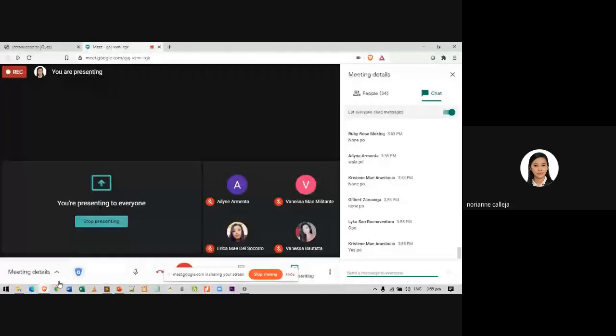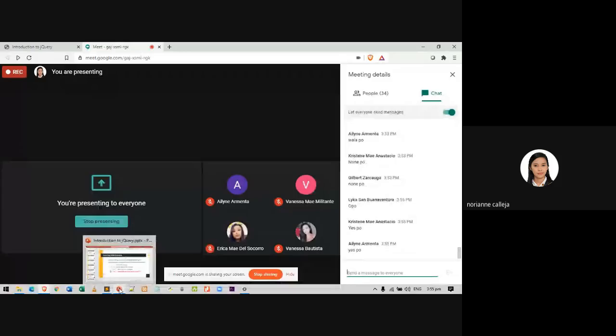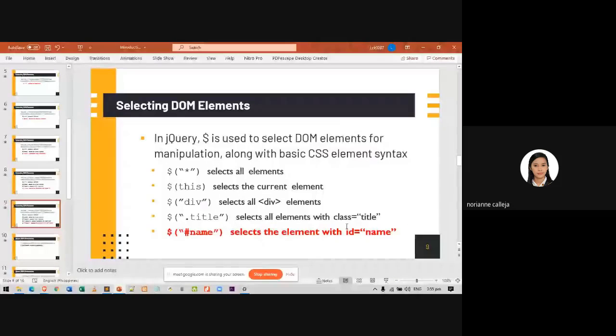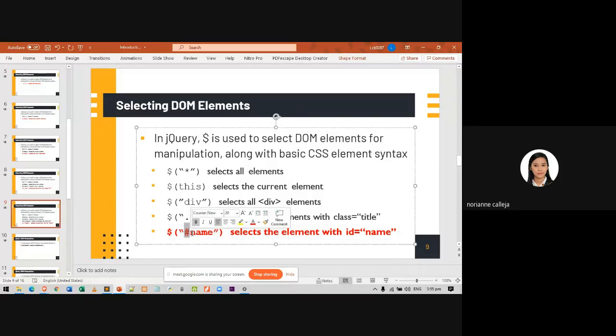Yes. Okay, so now if there is a class selector, we also have an ID selector. Again, applying the CSS concept or CSS notation, we use pound, hashtag or hash or number sign for this ID. So for instance, we have here an element with ID name.